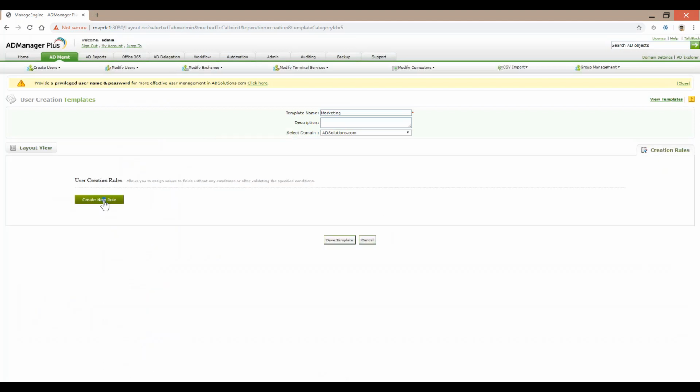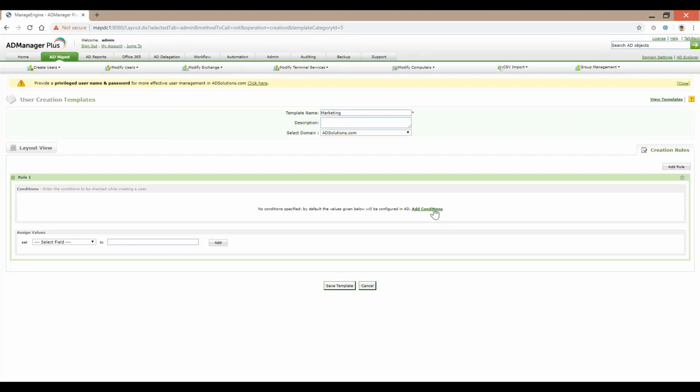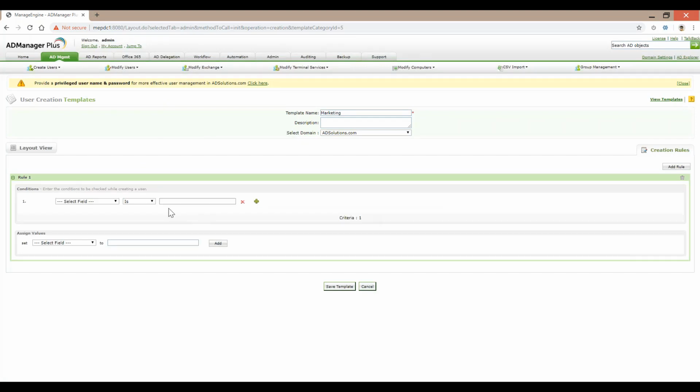There are more permutations and combinations possible where I can say if it meets a specific condition. Since we are taking inputs from an HRMS tool, I am bound to have a lot of inputs and variables that I can pick and use to my advantage. One such variable could probably be, let's say, a job title, all right?